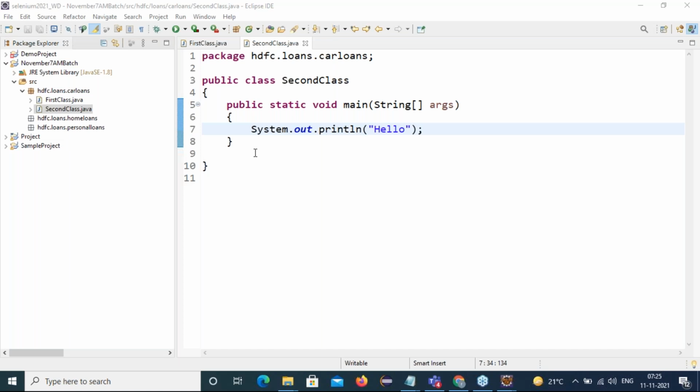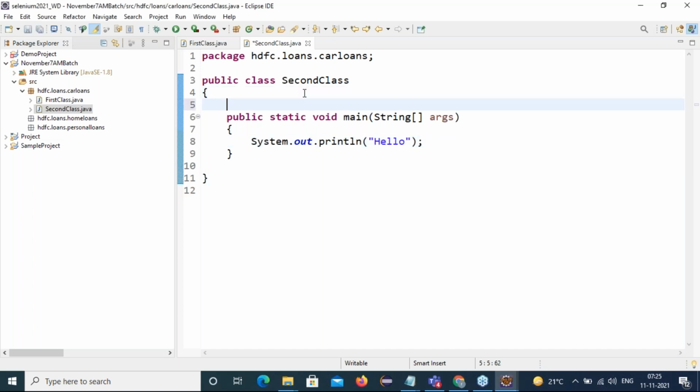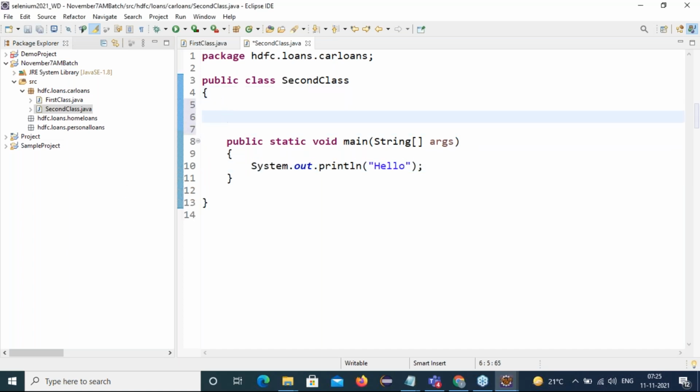Now, what does a class mean? A class is a plan, or a template, or a blueprint, anything we can say. If a class is a plan or template, we have to plan something inside a class, right? So what do we have to plan inside the class? Yes, some data, properties, and some behaviors and operations. Inside a class we have to plan something. The something we are planning is